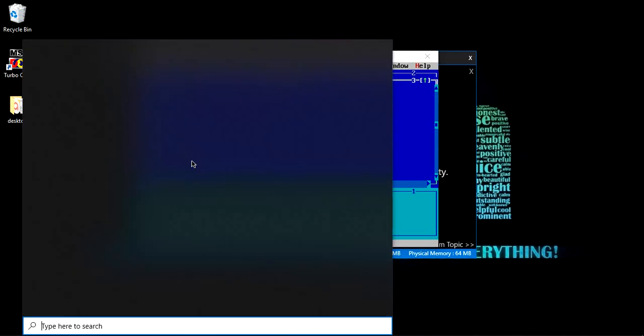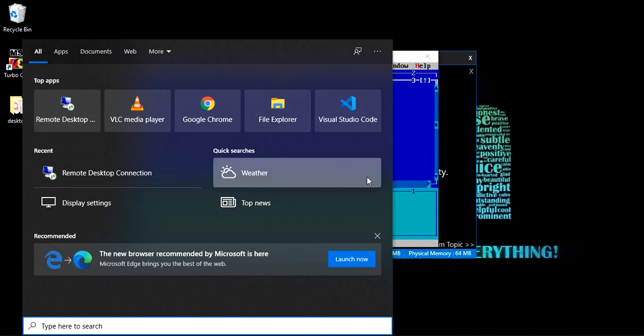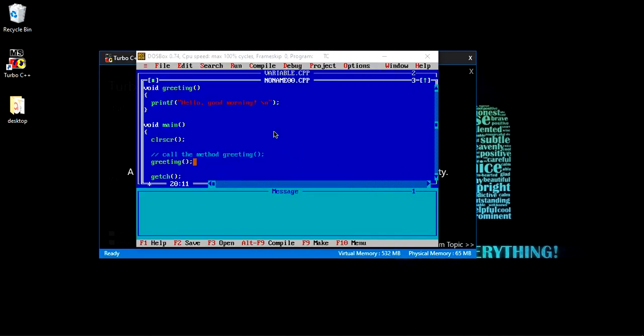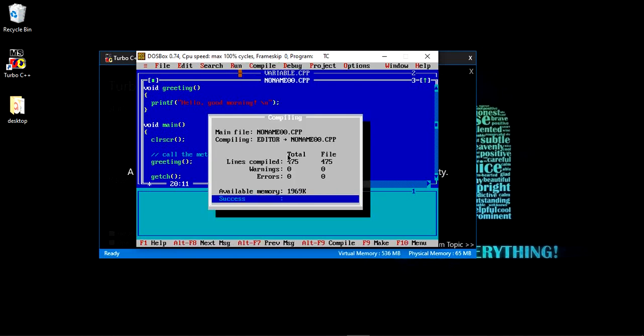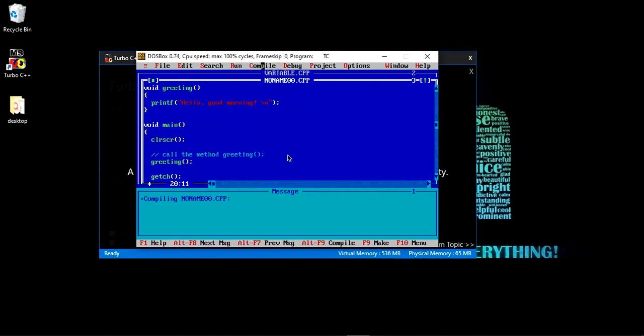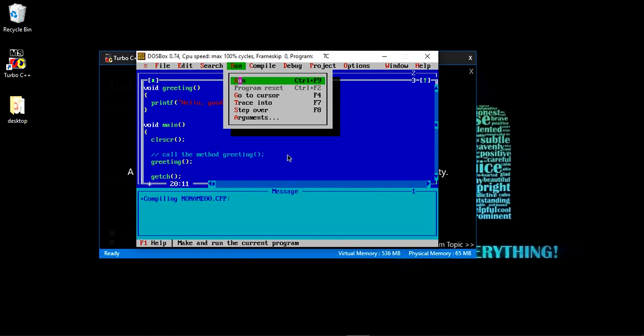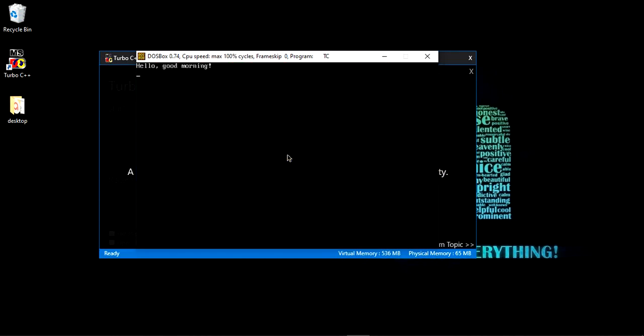We have called the function by its name. Now let us compile. Now run. So we can see the output, hello, good morning.